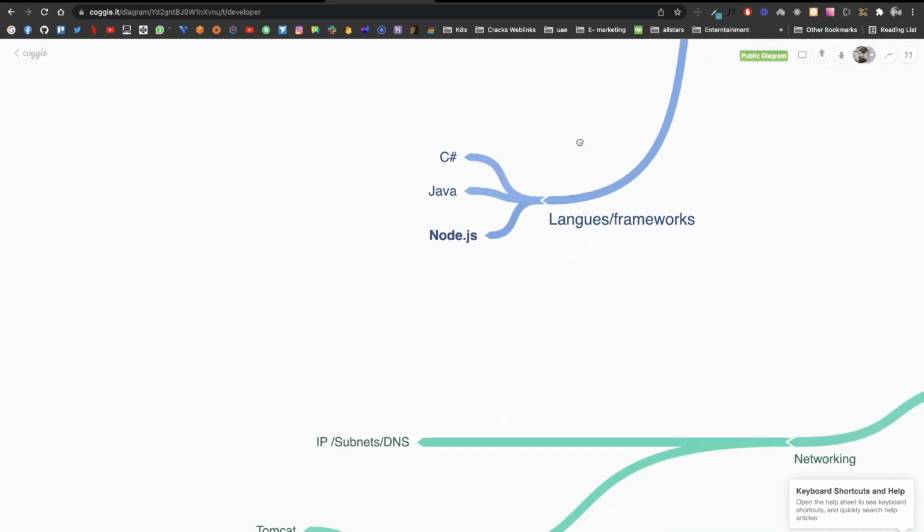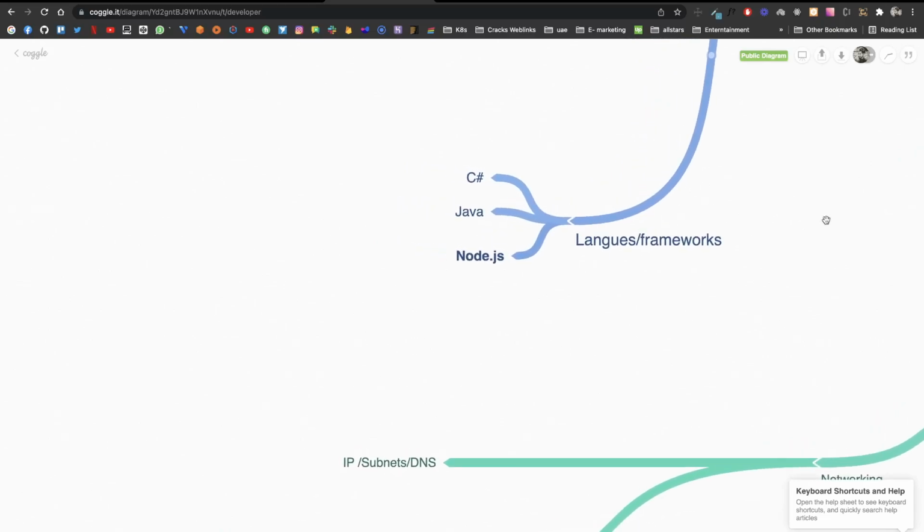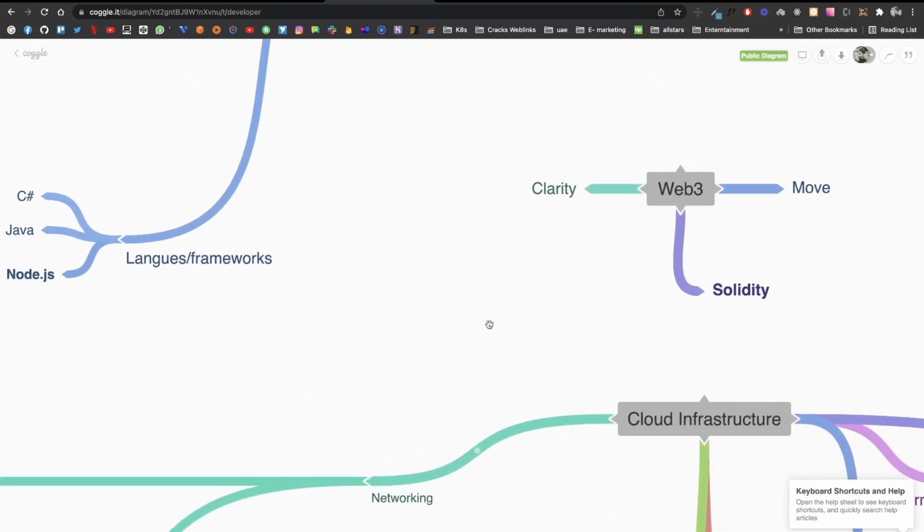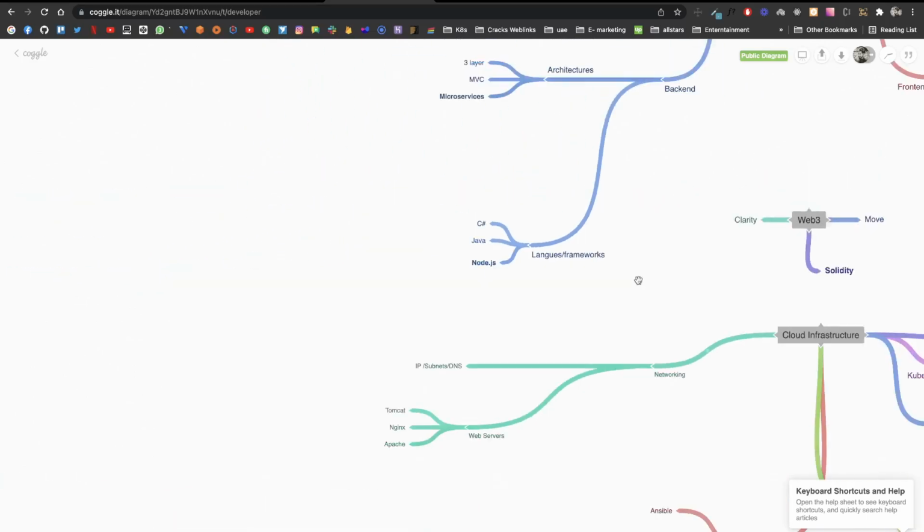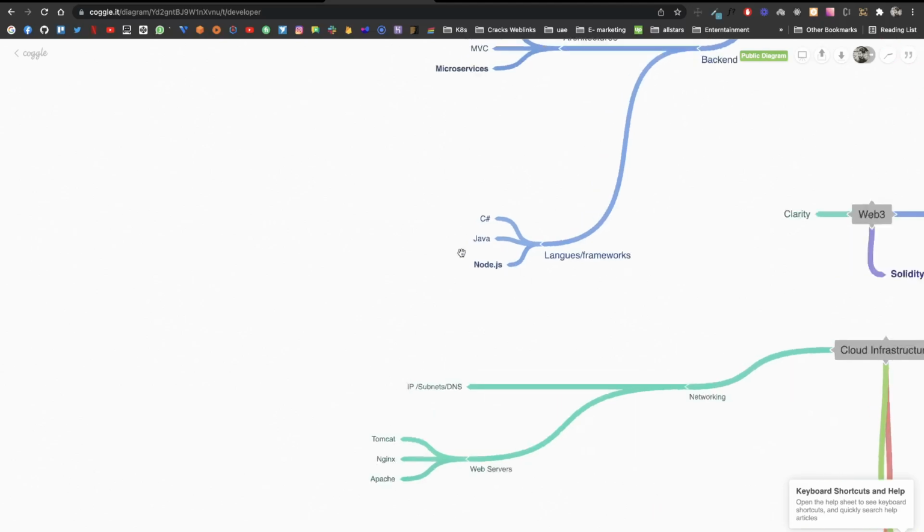So backend, we have C Sharp, Java, Node.js. Node.js and React.js all basically use JavaScript as a language, and the best part is Node.js provides you with a runtime environment, and you can scale Node.js very easily. It is one of the hottest frameworks right now, with JavaScript being used as a language. And the best thing is that since you are already working with the web with React in JavaScript, you can easily use Node.js, which can give you a huge edge.